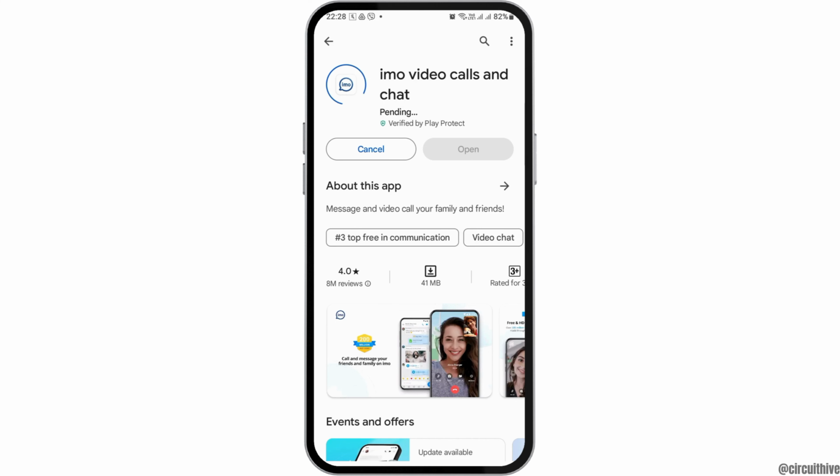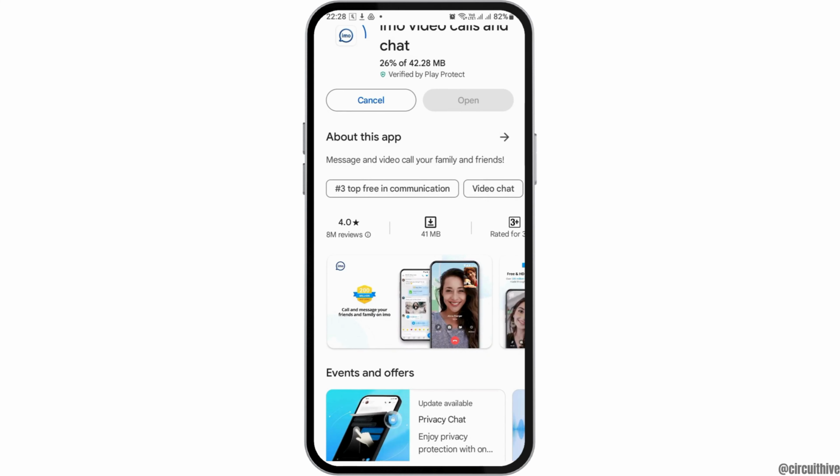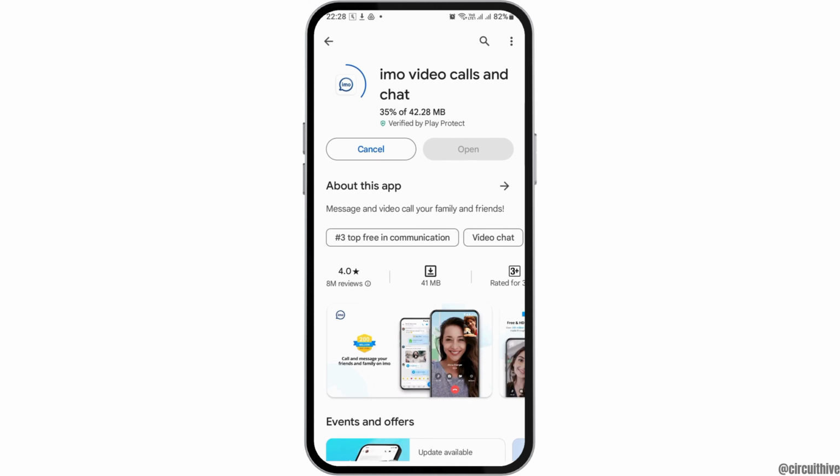Now after you tap on the install option, you have to wait for a while until it downloads to 100%, because if it does not reach 100%, the application is not downloaded and installed on your mobile device. And if it reaches 100%, the application is downloaded on your mobile device